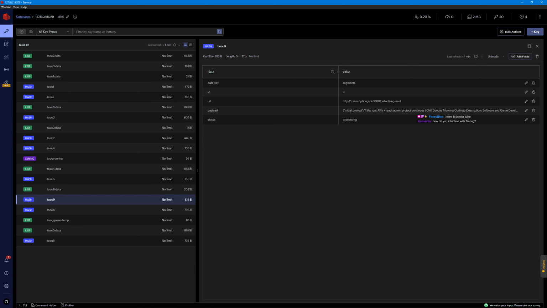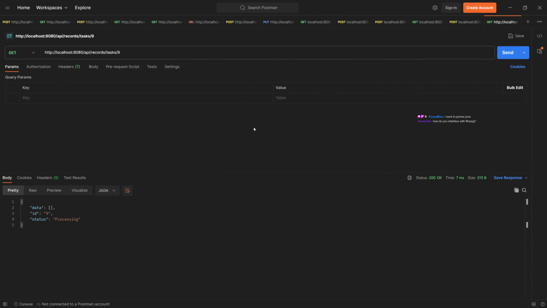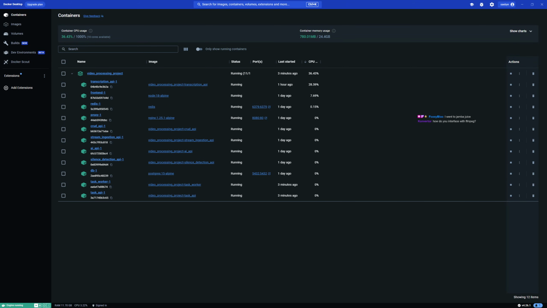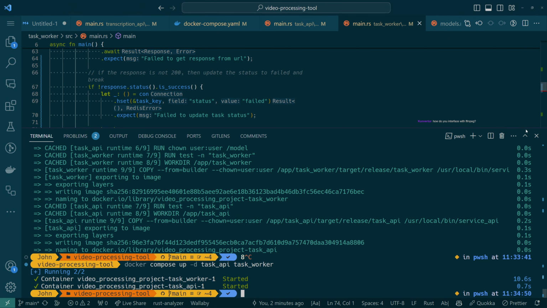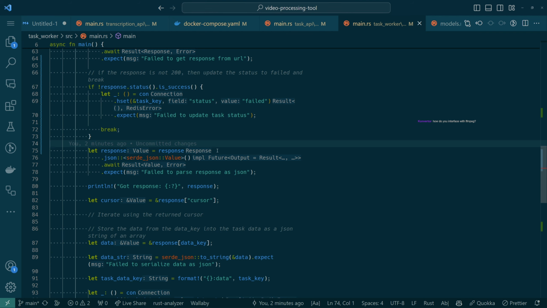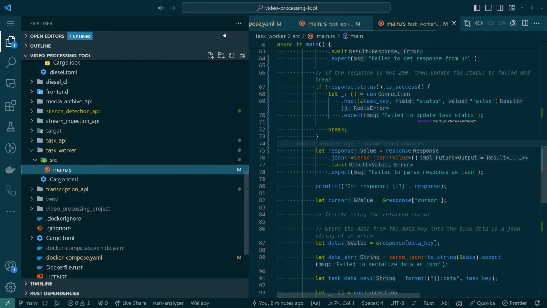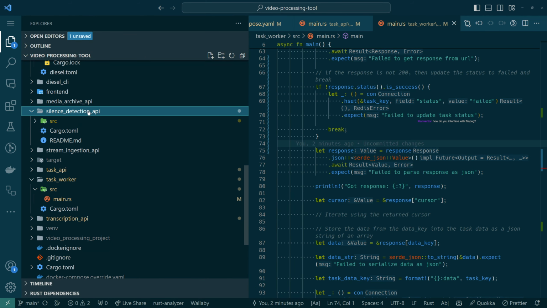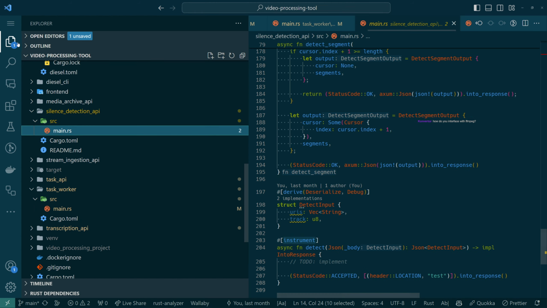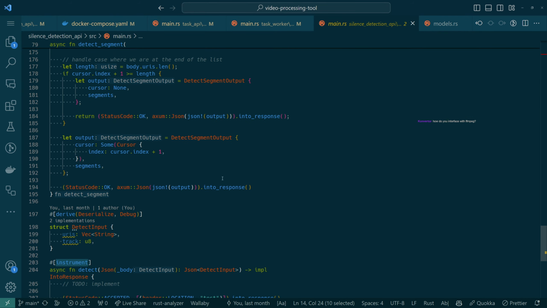Good. How do you interface with FFmpeg? That's a good question. I'm just shelling out to it. Let's see if I can find an example of that. Not in task worker. For instance, in silence detection, in this microservice, we have